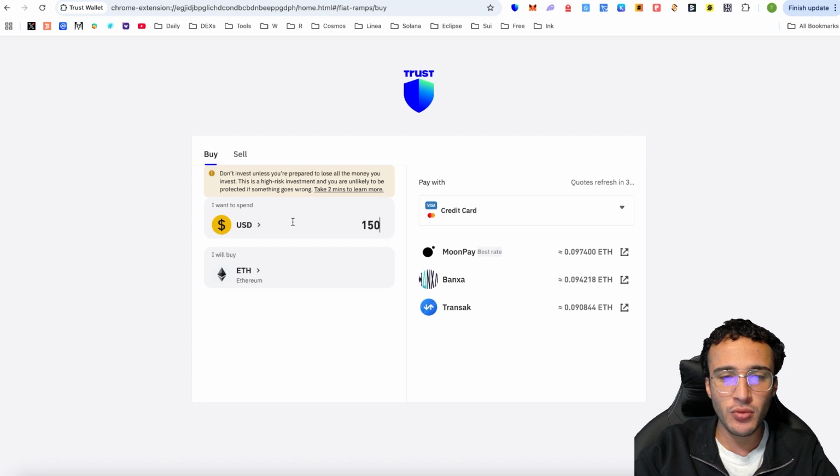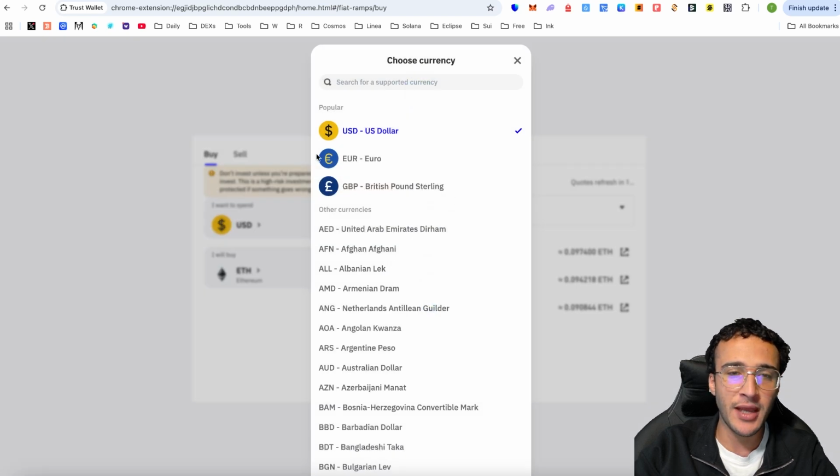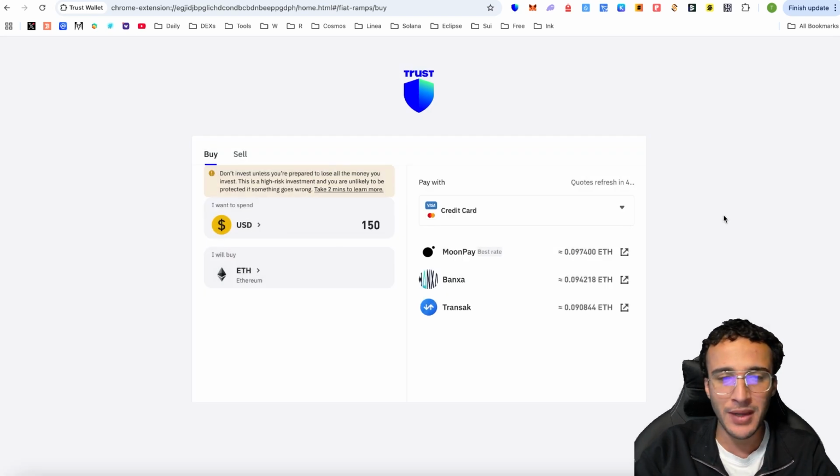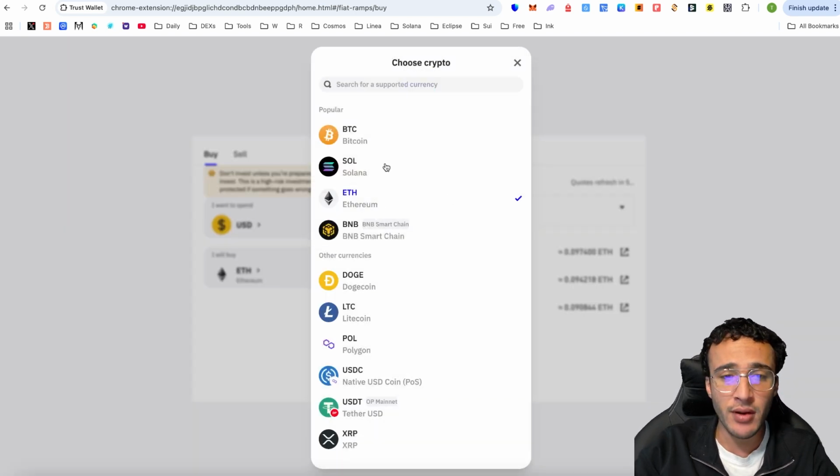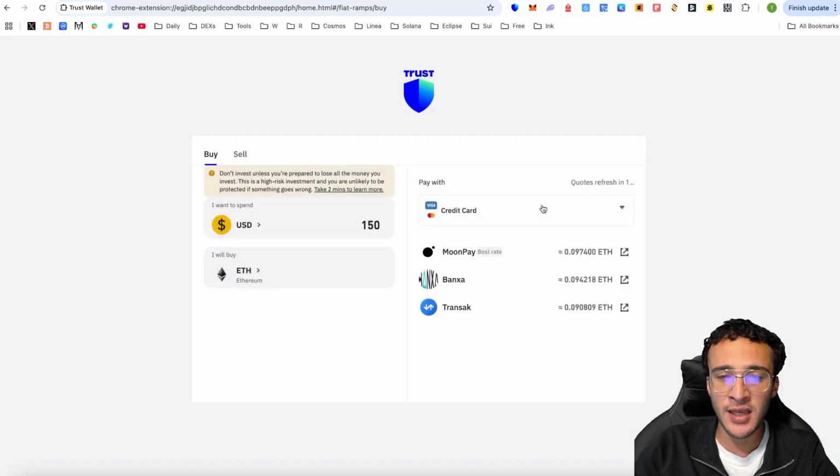Next, what you want to do is choose the asset with which you are going to spend, whether that's USD, Euro, British Pound, or whatever it is. Next, you want to choose the token that you're buying. If it's Ethereum, Solana, Bitcoin, BNB, Doge, Litecoin, or whichever asset is available. So for example, if we were just to choose Ethereum, as you can see here, all you'd want to do